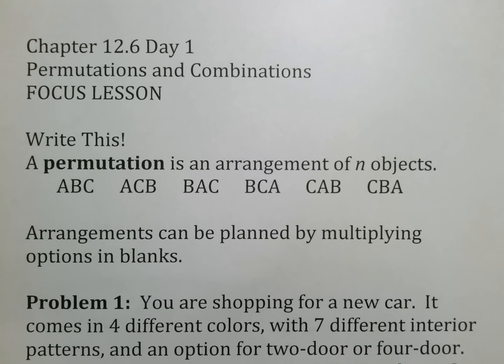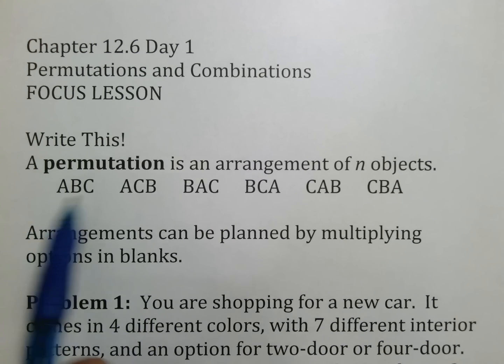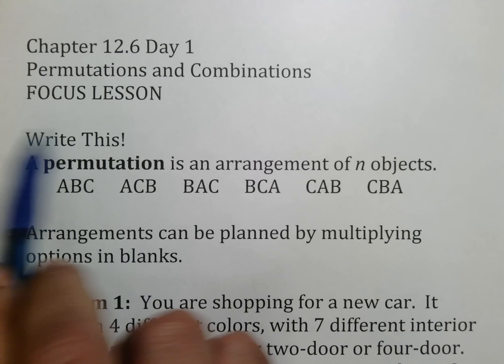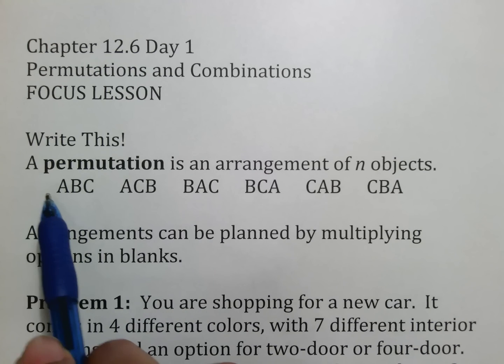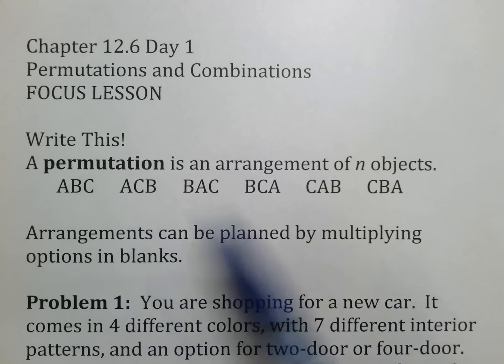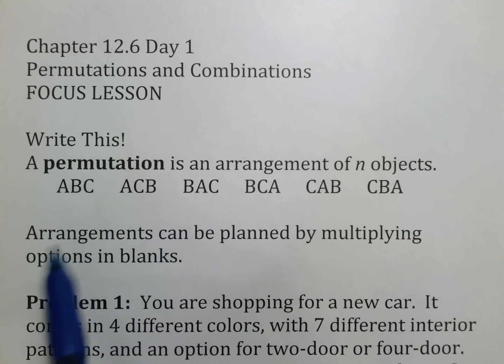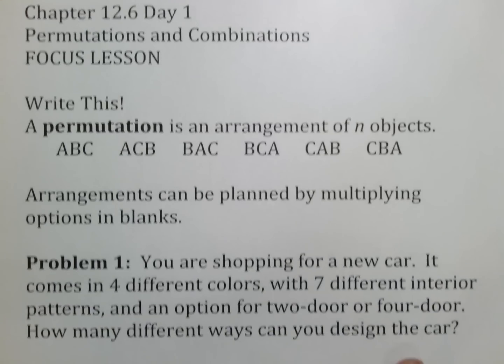Other than that, talking about permutations and combinations, this is really what you're writing there. A permutation is an arrangement of n objects. So the number of objects here would be 3, and you're just arranging 3 objects in different ways. Arrangements can be planned by multiplying options in blanks. That is something we're going to see here in terms of what's going on. And again, after you write this down, go ahead and unpause your video so that I can get to problem